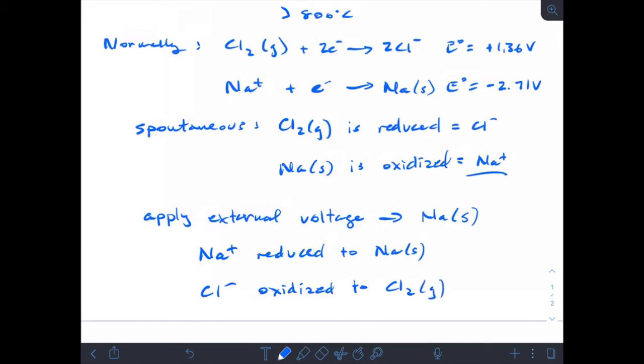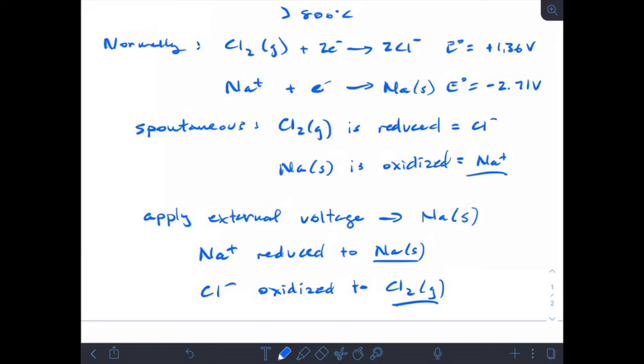In this way, I can take a reaction that normally wants to keep those ions separate and in their ionic states, and I can create useful materials. So if I wanted to make some solid sodium and some chlorine gas, I could do it using a